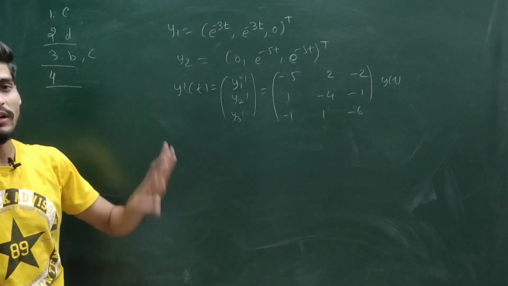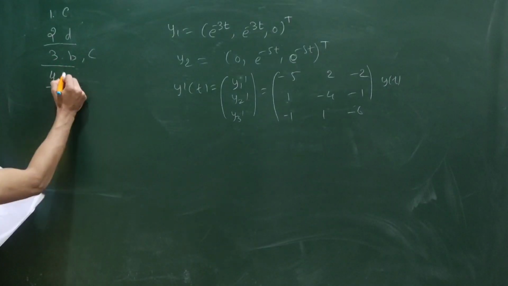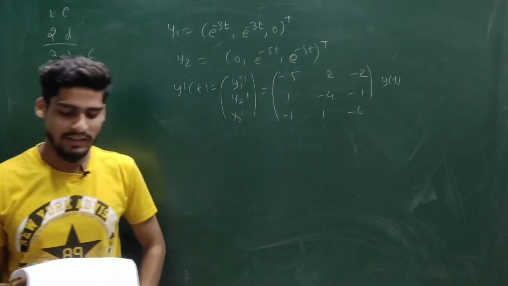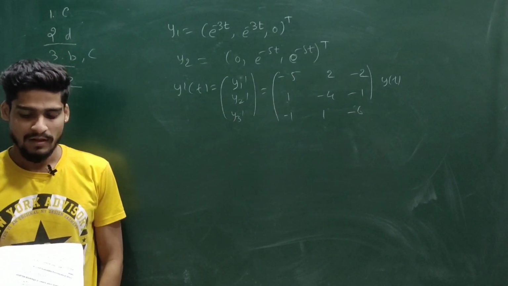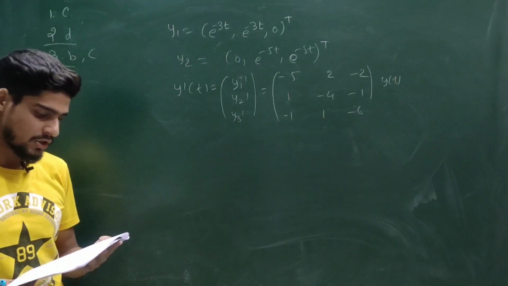So this y1 and y2 are not constant multiples of each other, so they are linearly independent. So B is correct. Option C: there exists another solution y3 such that y1, y2, y3 form a basis for the set of solutions. For this you have to be very careful. This y1 is a solution, y2 is a solution,